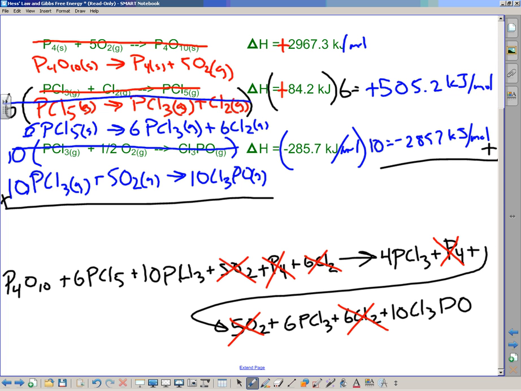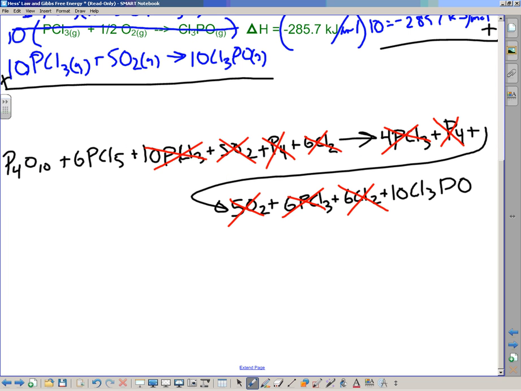Okay. Then the last thing we can cancel out, we have a total of 6 PCl3 plus 4 PCl3 on the product side. That gives us 10. And we have 10 on the reactant side. So that cancels both of those out. And we're left with just